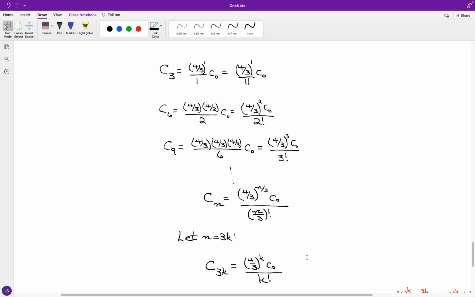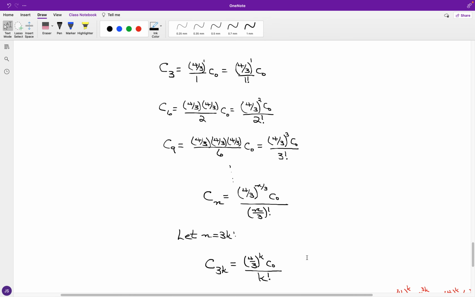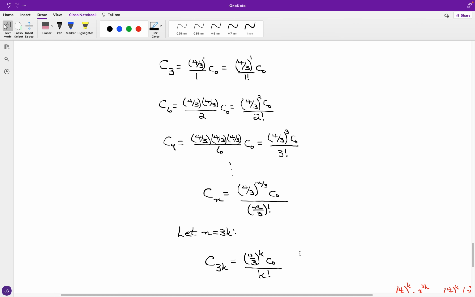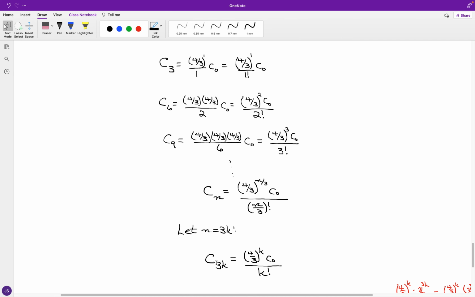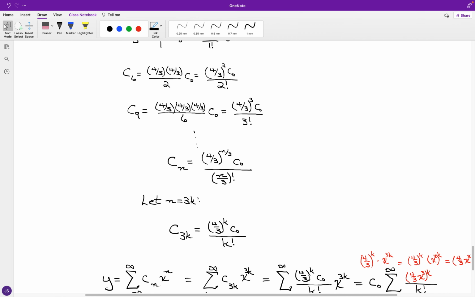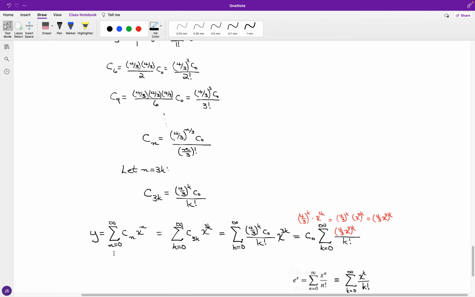But if I want to make the fraction such that we have integers, and just undo the thirds by multiplying by 3, let n be equal to 3k. In the rewrite we're going to have c sub 3k is equal to 4/3 to the k c naught all over k factorial. And what do we have for y? Again, your introductory definition is the sum as n goes from 0 to infinity of c sub n x to the n, and that is equal to, putting in terms of k, letting n be equal to 3k,